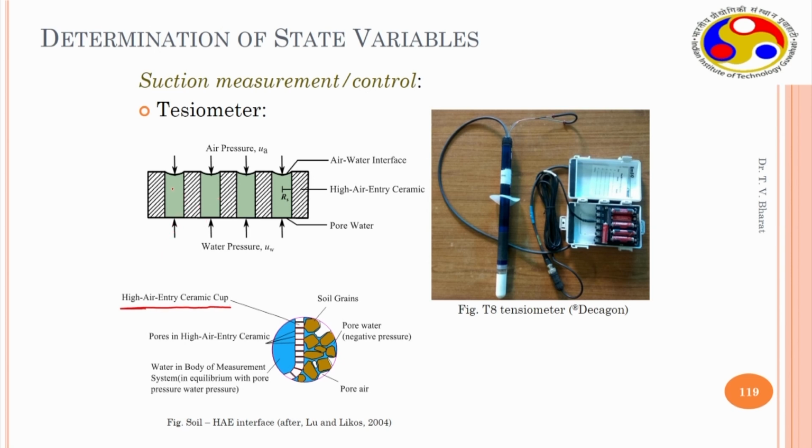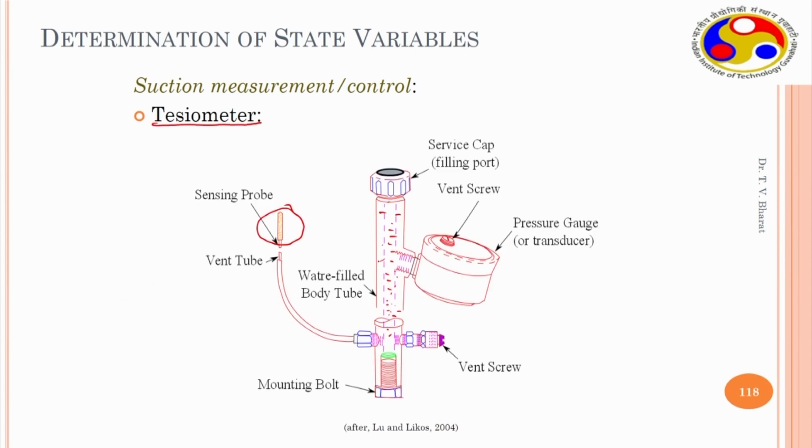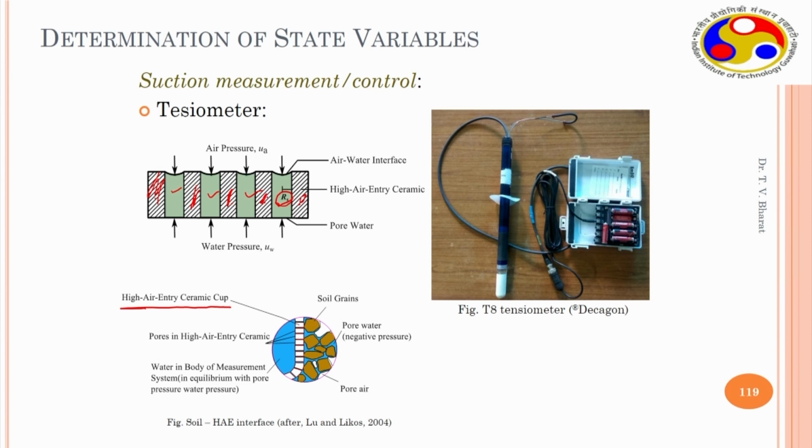which has uniform pores. These are all pores with a pore radius of r, and this is the surface. These are pores. Now, these are uniform capillaries contained in your sensing probe. As you fill this whole tube, it is initially saturated completely. The sensing probe should be completely saturated, so the capillaries are completely filled with water. That is the initial condition.